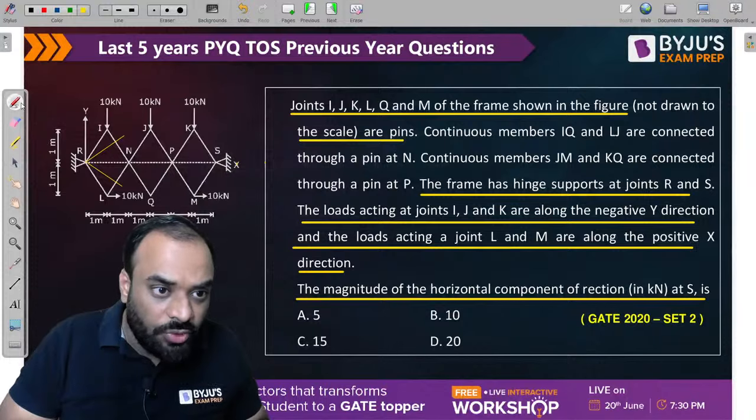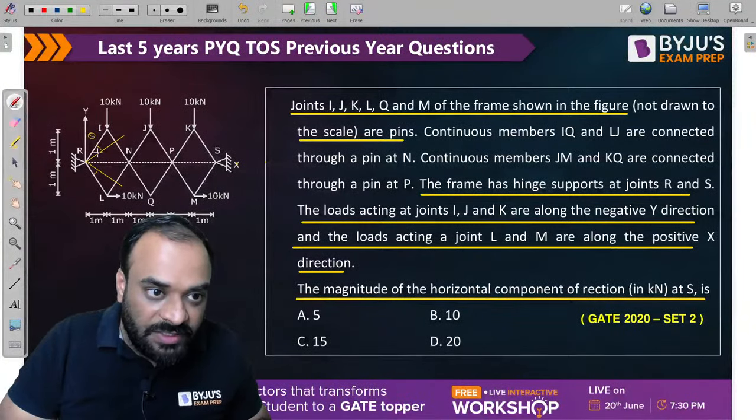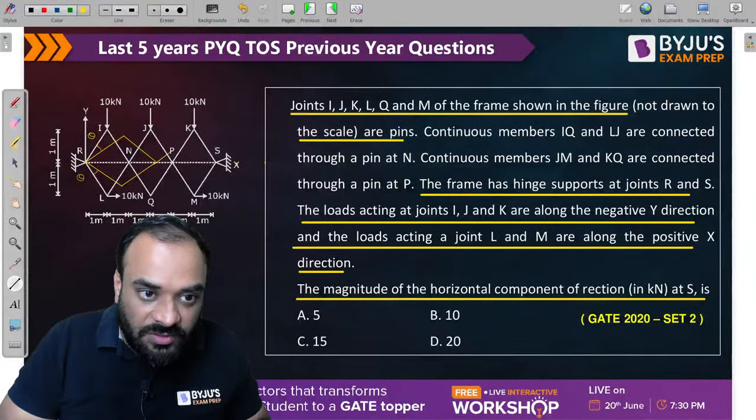Look children, this problem is a little tricky, but you have to understand each and everything in detail. Okay, then only you can solve this problem. This angle is theta and this angle is also theta, right? So now you have to draw the other member also, which should be like this. The N joint will shift from here and come over here, right? And similarly this J joint will shift at this particular place, something like this. Okay, and your Q will be like this. Clear? Then your P joint will shift over here,